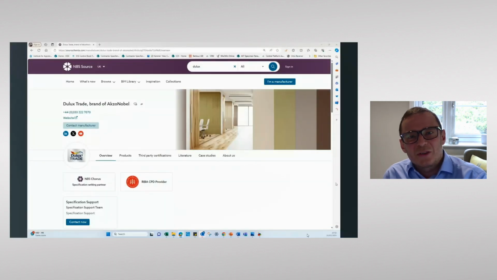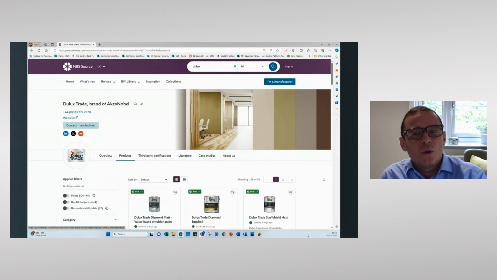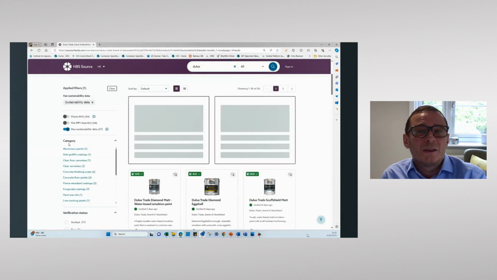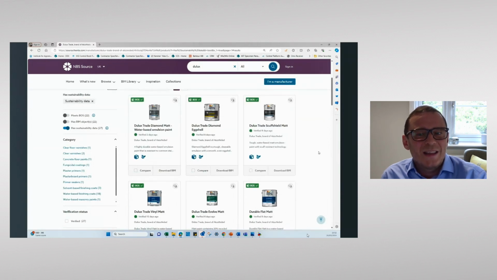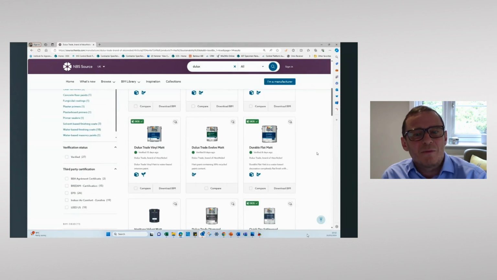As I mentioned previously, NBS is a critical platform for ourselves because we're committed to providing architects and specifiers with the best possible service, and having our painting products and systems on NBS Source is the way we feel we can achieve this. It means our paints are more accessible to architects and specifiers. They can easily find and compare our products, which will help them make those informed decisions about which products to